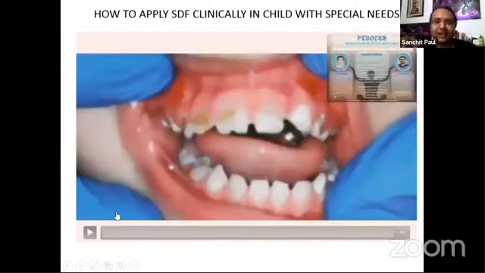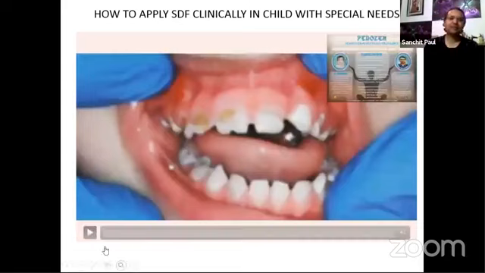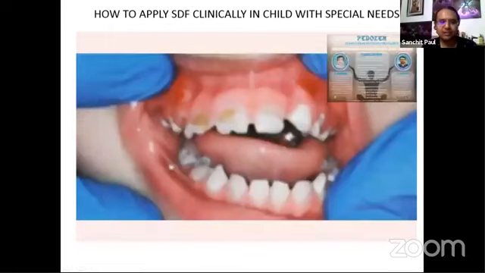Highlight to do an SDF in a preterm child who has not only very low birth weight but very reduced hemoglobin, and this child has very, very high caries risk in the form of full-blown ECC. A child with a 7 kg, 8 kg weight actually cannot be taken care of anywhere with any pharmacological approach. So SDF comes as a savior and really helps in managing the caries risk and reducing further deterioration.